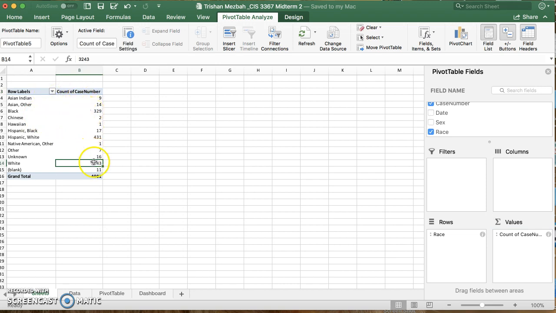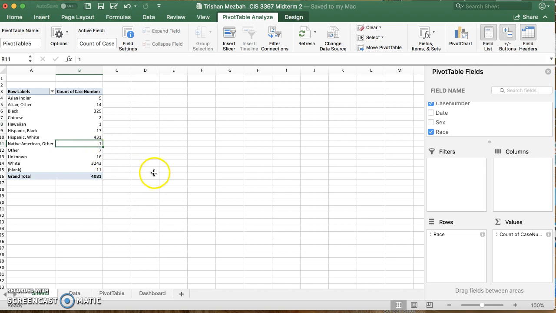these are the race that died, these are the race that were in the hospital that overused drugs and that died. You'll notice that the most is white people, the second most is Hispanic white, and the third most is blacks. And then if you notice, the least amount was Hawaiian, Native American / other.